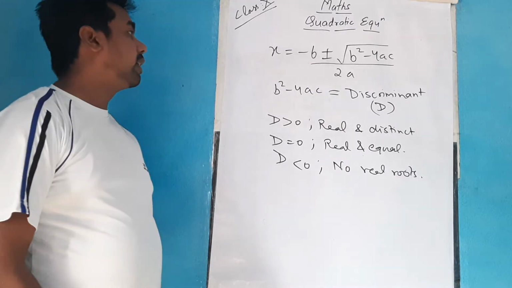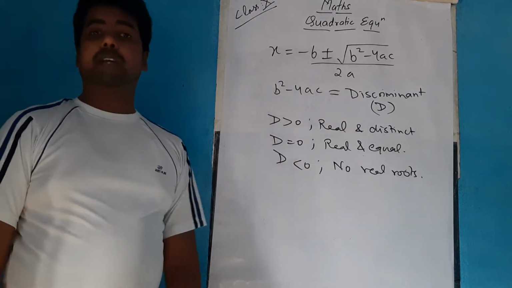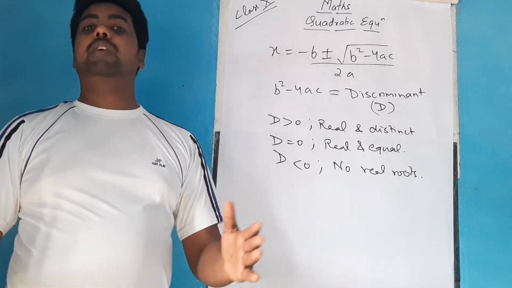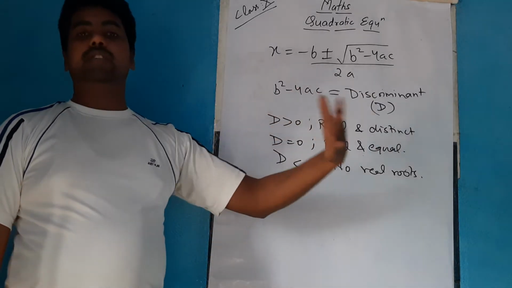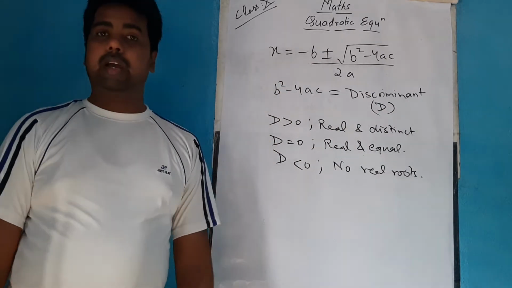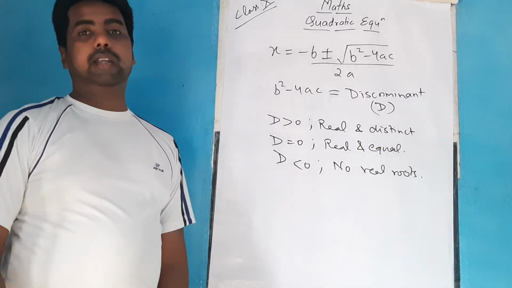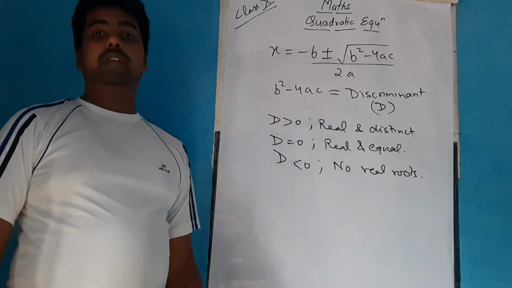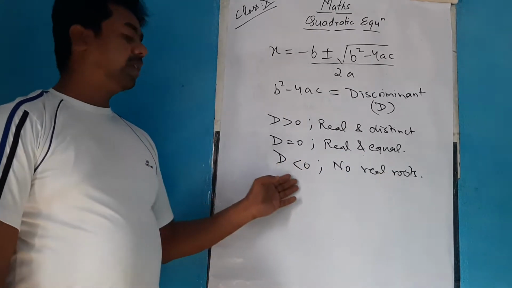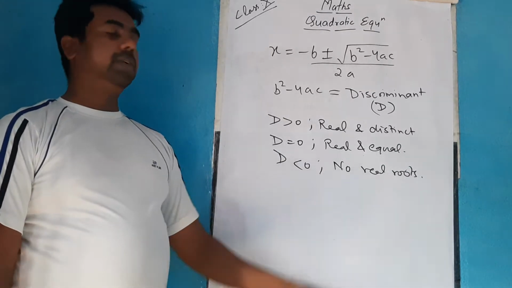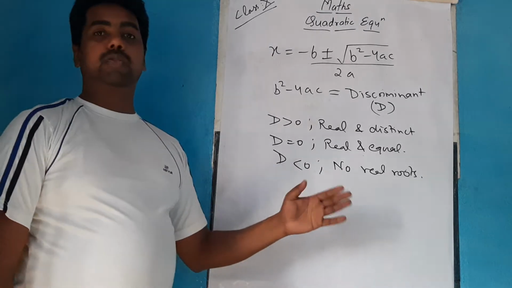From the given equation, first of all, get the value of D, which is in the form of b square minus 4ac. That means from the given equation, first we get the values of a, b and c, and with that, see in which of the following categories the value of D lies. If D is greater than 0, the roots are real and distinct. When D is equal to 0, the roots are real and equal. And when D is less than 0, no real roots are possible, so you will conclude that there are no real roots.